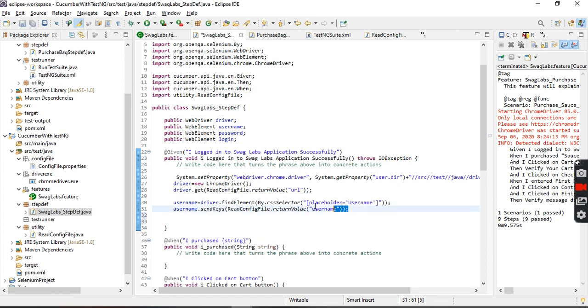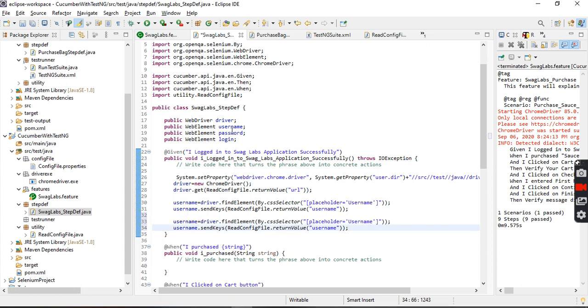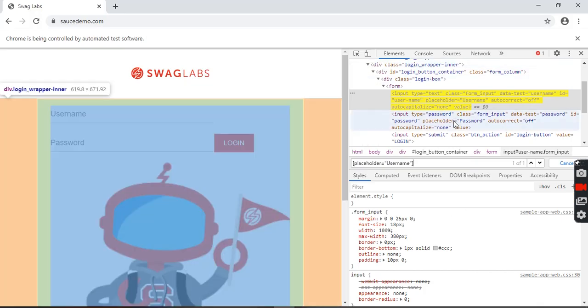Okay, fine. Similarly, password. How to pass the password? This one here, password. How to identify the password?